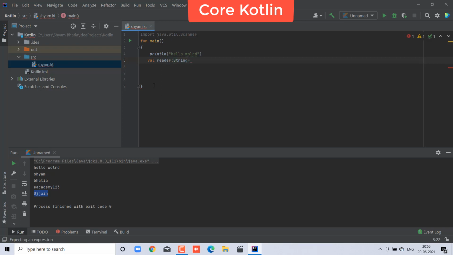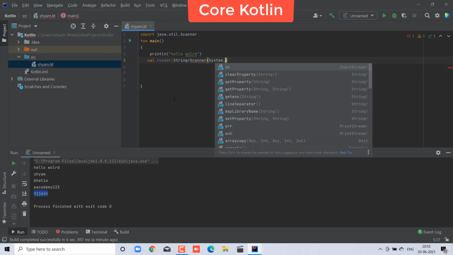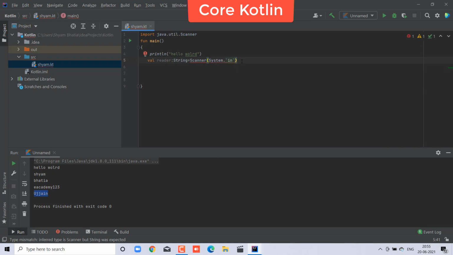And type here String, and here we have to use the Scanner, and everything will be the same, System dot in. Okay, and hit enter. Yes. So what is the problem? And at that time, so just keep it, we will use in, this is the scanner.